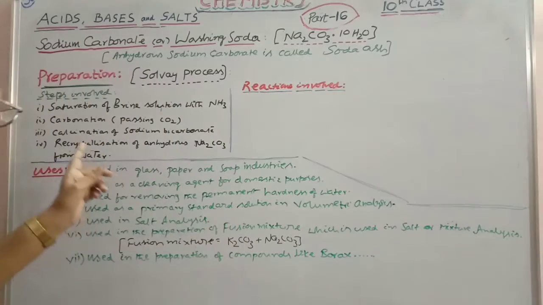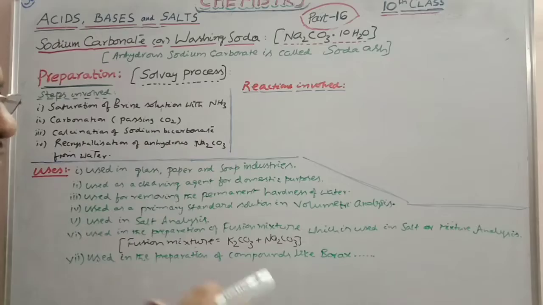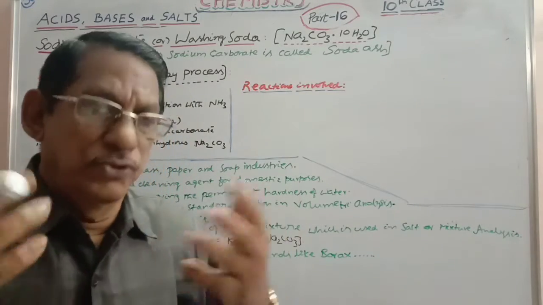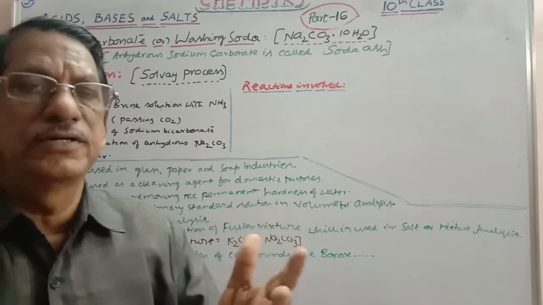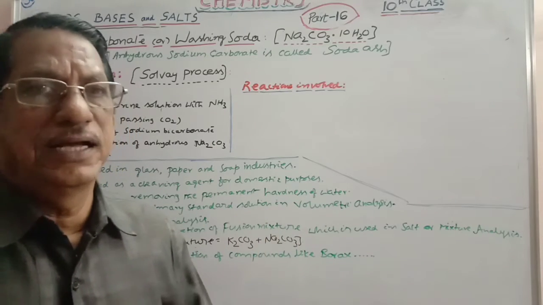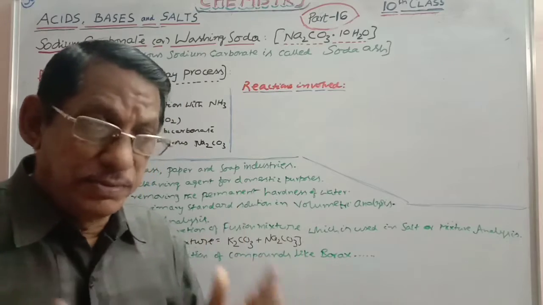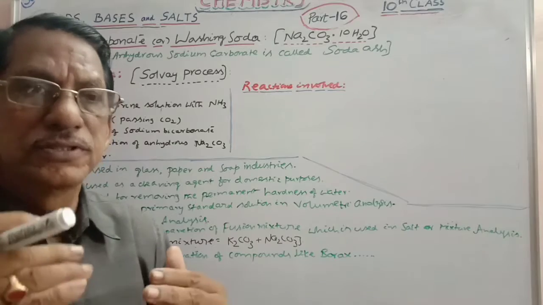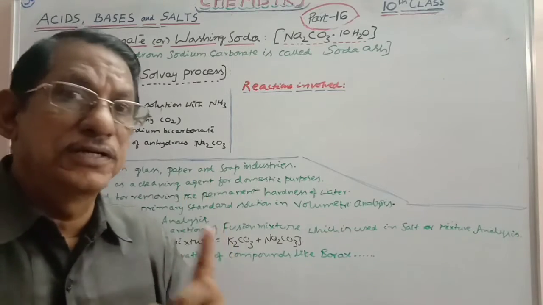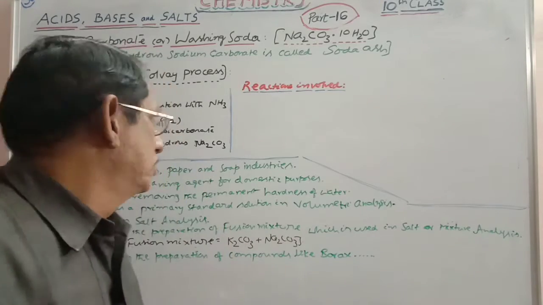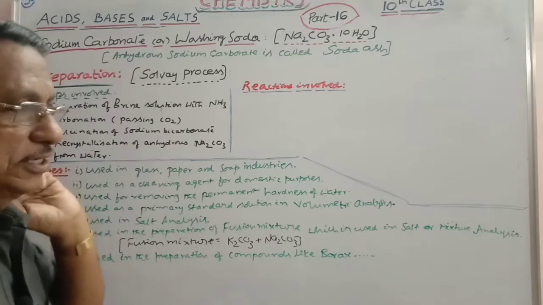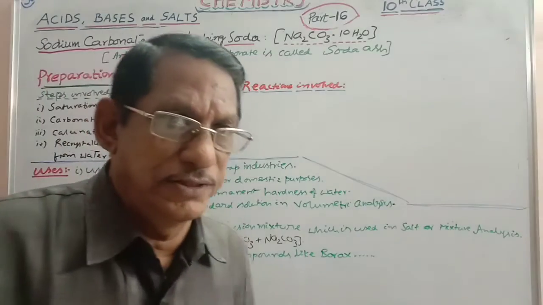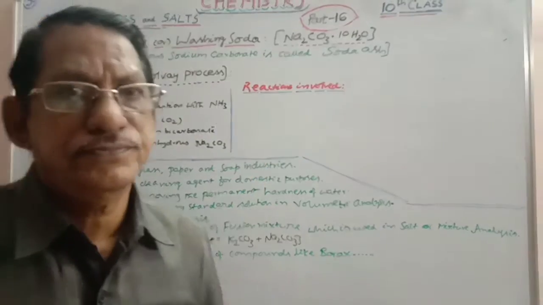Then that sodium bicarbonate is separated and subjected to the action of heat. Action of heat here is nothing but calcination. Calcination means heating the ore, and thereby the ore splits into compounds and gases escape. Because calcination is generally done only in the furnace. When you use the word calcination, heating should be done in the furnace, not as you like. So here, calcination of sodium bicarbonate undergoes decomposition to give you sodium carbonate. That is what we call soda ash.